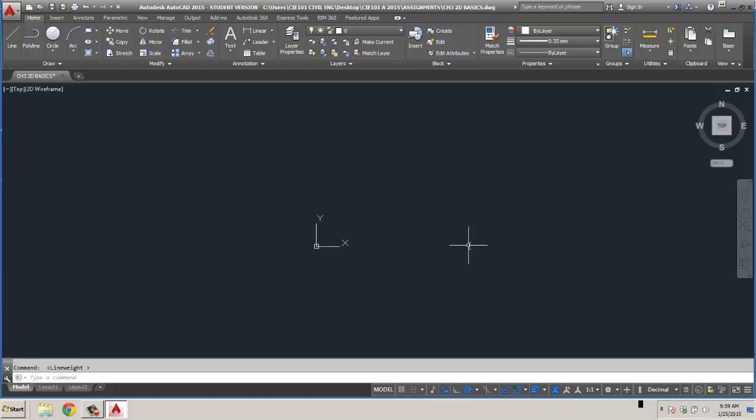So let's just start by drawing a line. I'm going to select my line tool. This is just our line segment. And if I want to start at 0,0, before I even left click with my mouse, I'm just going to say 0, comma, 0. And that automatically puts me at the 0,0 axis. You'll notice as I move my cursor around, I get this dynamic input. So it's changing my angle and my length. So if I want to put in a length of 10,